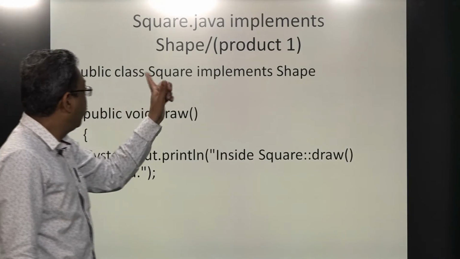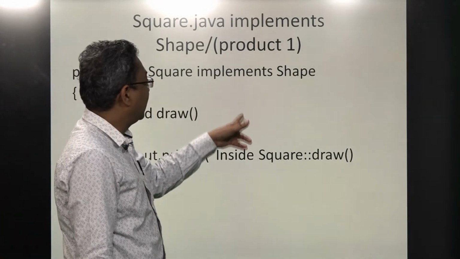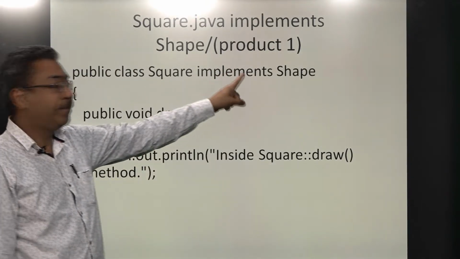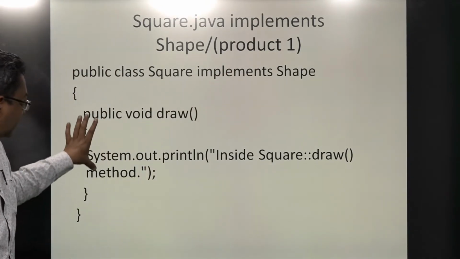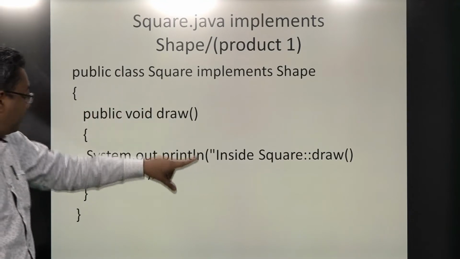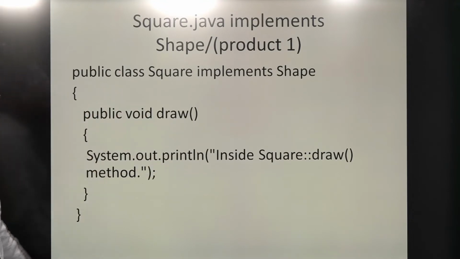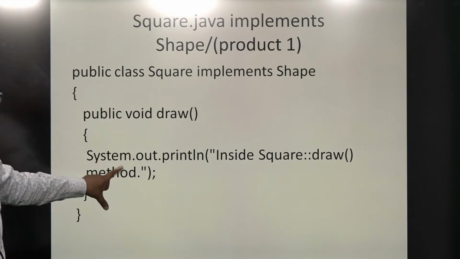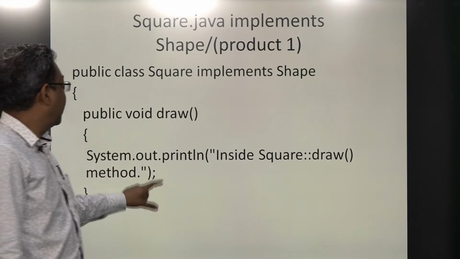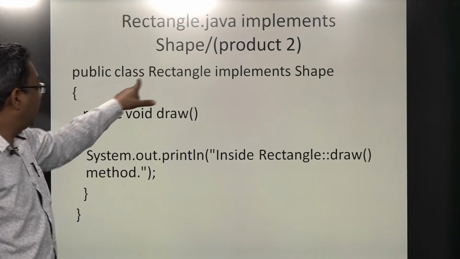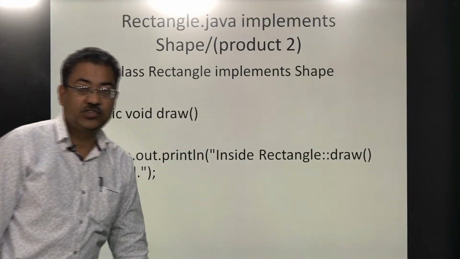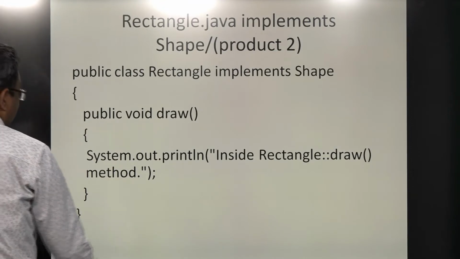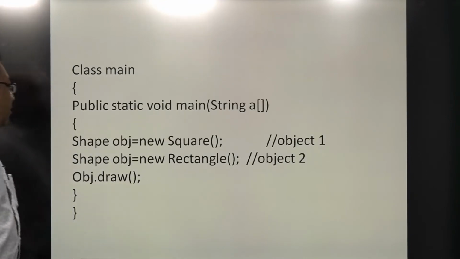सबको पता है how to create a class in Java that implements the interface using the implements keyword. हमने क्या करा इसके अंदर, एक फंक्शन जो हमारे पास शेप में था, उसी को रीडिफाइन कर दिया, ओवरराइड कर दिया, with the same functionality. On a similar pattern, I have created a Rectangle class जो इंप्लीमेंट कर रही है शेप को, और उसमें भी हमने वही ड्रॉ वाला फंक्शन लिख दिया।